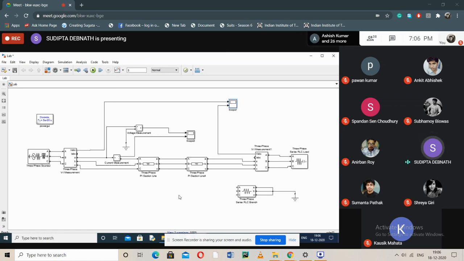So under SIL, the receiving end voltage becomes exactly equal to the sending end voltage. And the reactive power generated becomes equal to the reactive power absorbed, and so the power factor becomes unity. That means the voltage and current are in phase. Now we will observe the angle between voltage and current also, so that we can assure that power factor is unity under surge impedance loading condition.